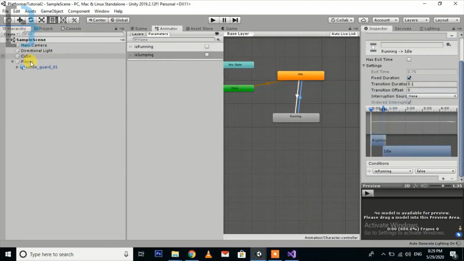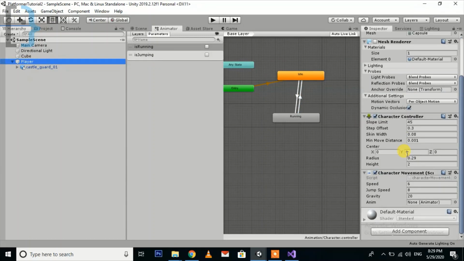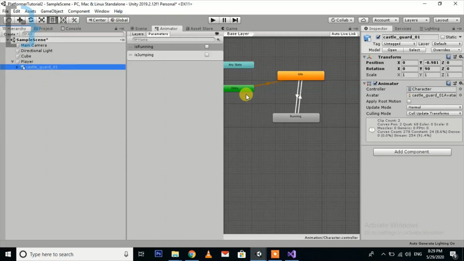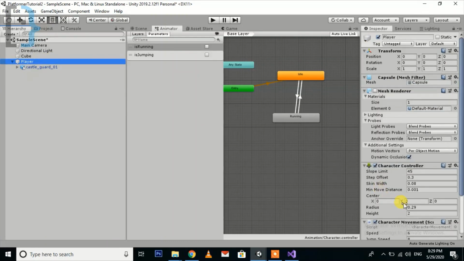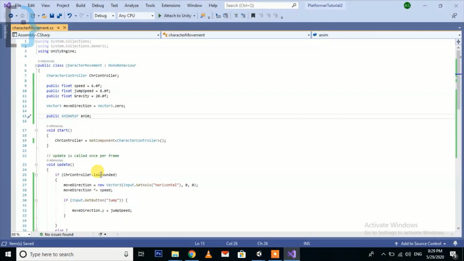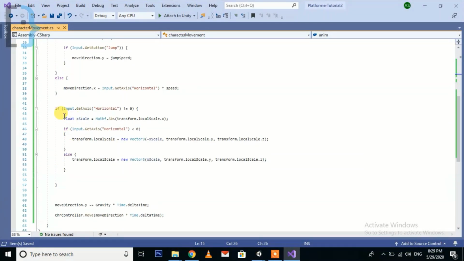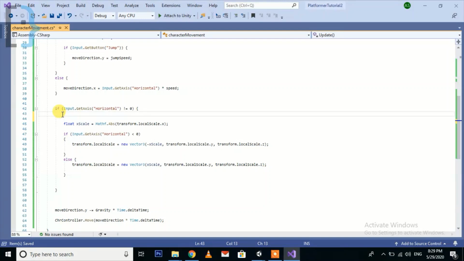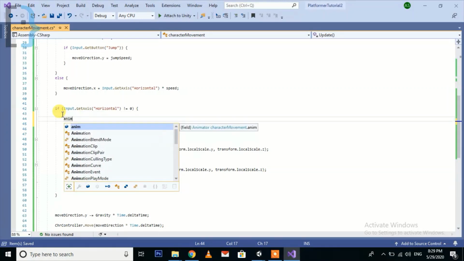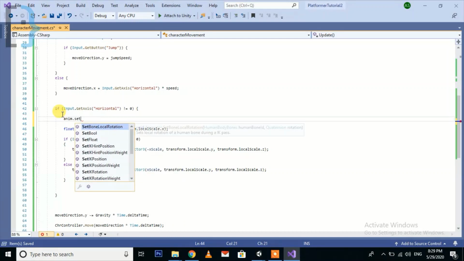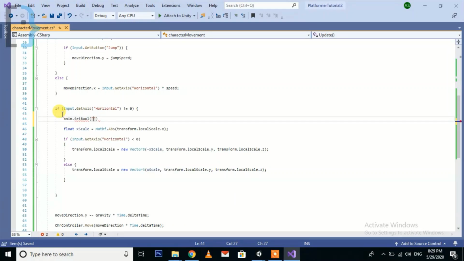And then we just write a very simple line here. If the player is pressing the button, any of the two, means the left or right, we need to set the bool to true. Is running should be true, and if he is not pressing any of the buttons, then there should be an else condition, is running to false. Okay, so